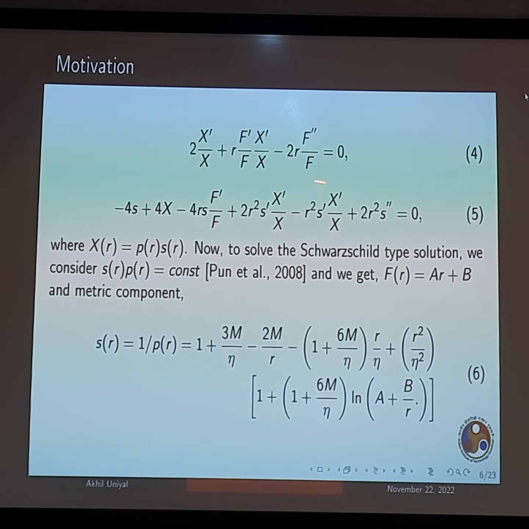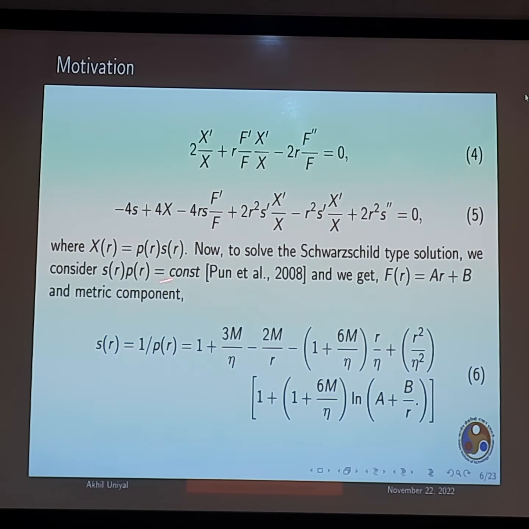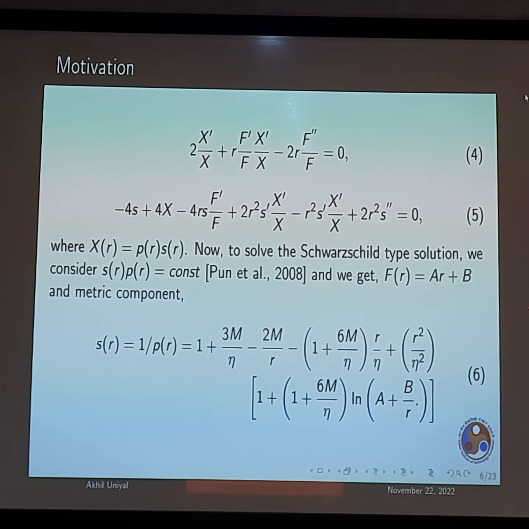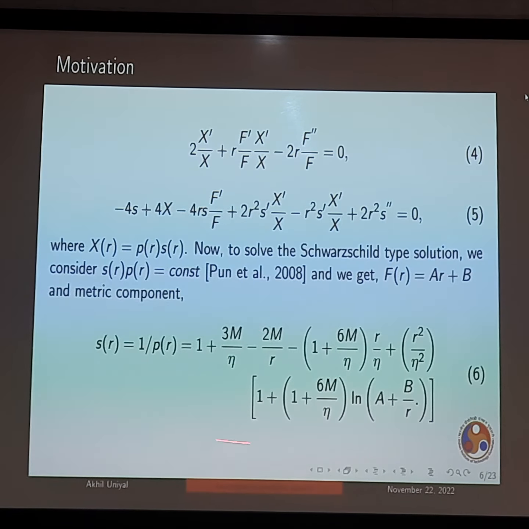So now how do you solve this equation? You solve it by two ways. First, either you do what Schwarzschild did. You put the constant as RT as constant, and then you put it in equation 4. You will directly get f. This is AR plus f. So let's first use this approach. If you do this, you will get the metric component like this with a logarithm term here.